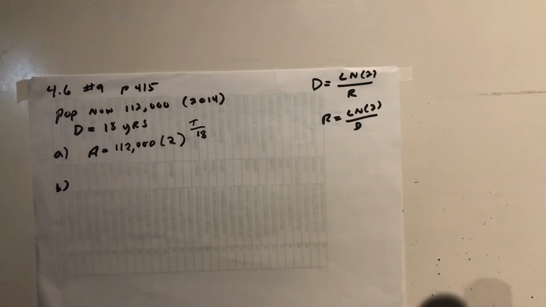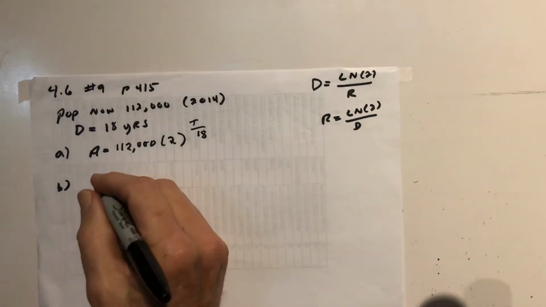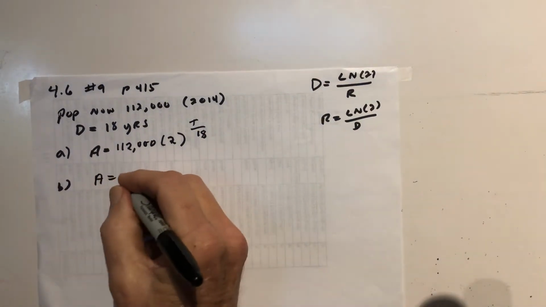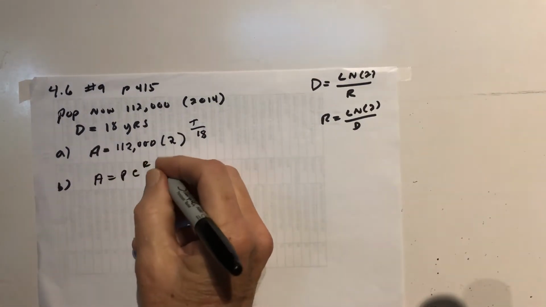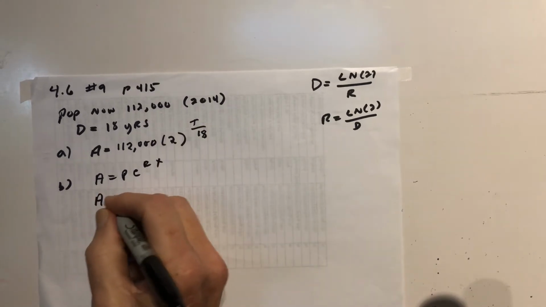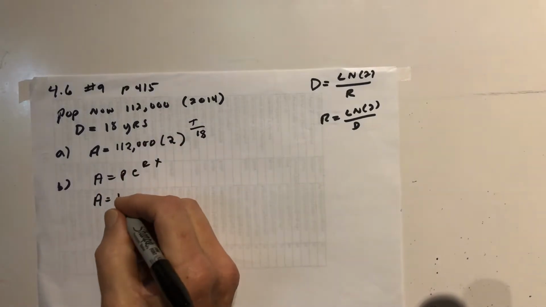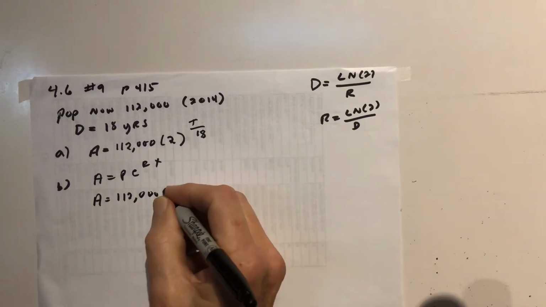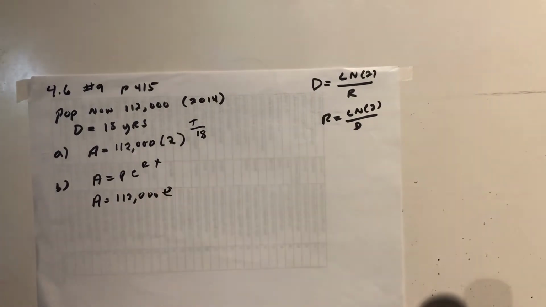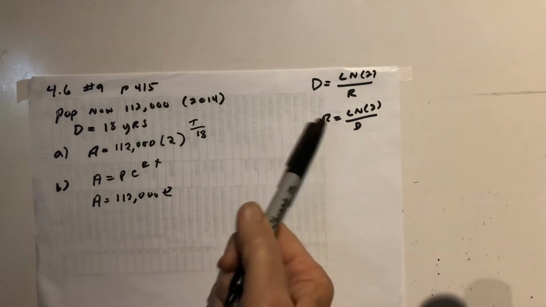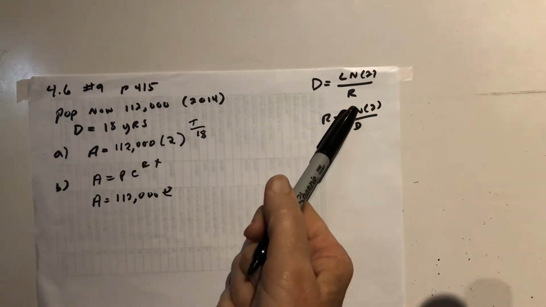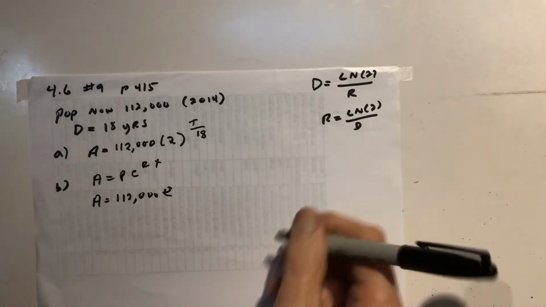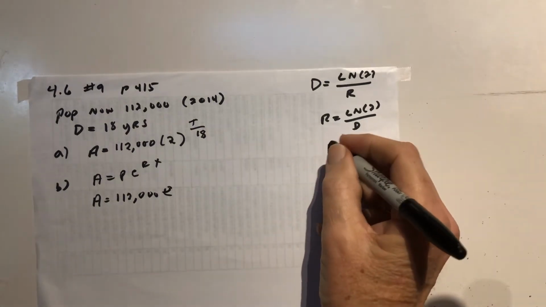Part B, come up with PERT. A equals P-E-R-T. A equals, we're starting with 112,000 people, e raised to the r. How do we get r? Here's how we find r. We divide ln 2 by D. All right, so r equals